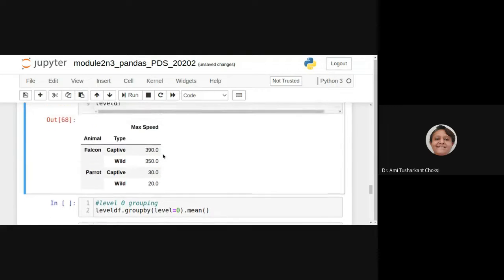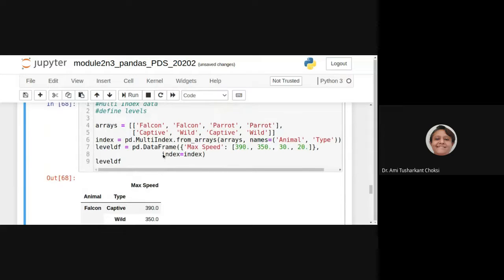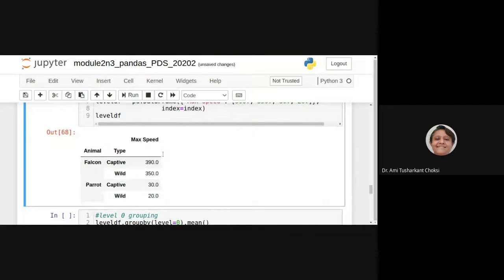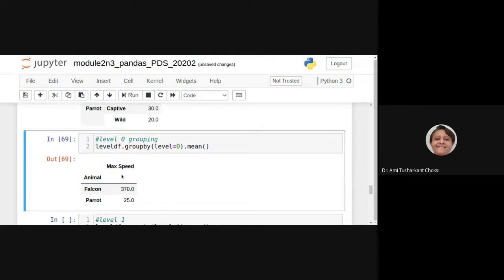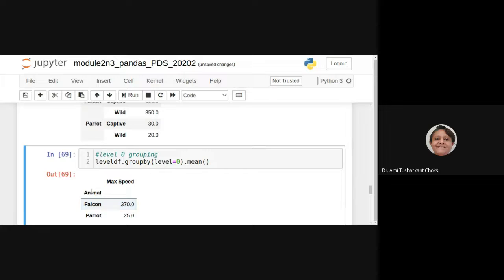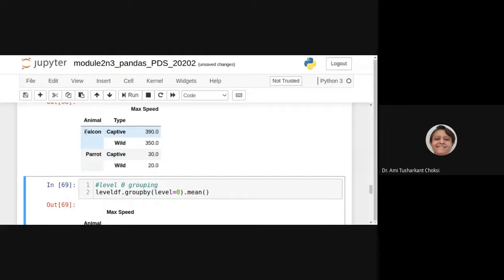Now, level df, this is the label we have created. With that, we are having group by and mean. For level 0, we are doing the group by and we are having mean, right? Falcon and parrot, this is level 0.